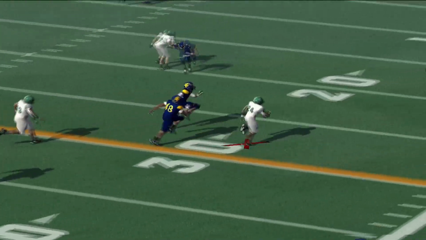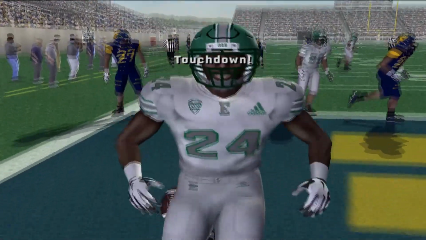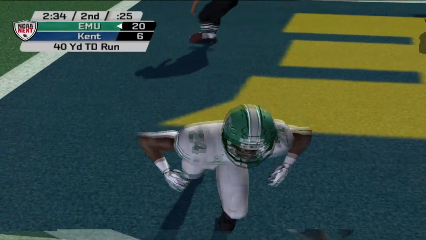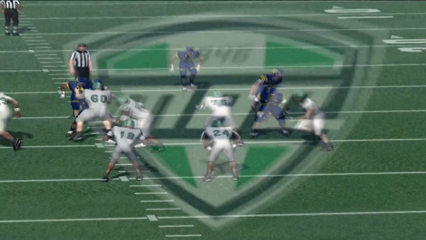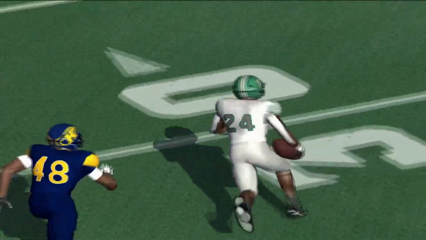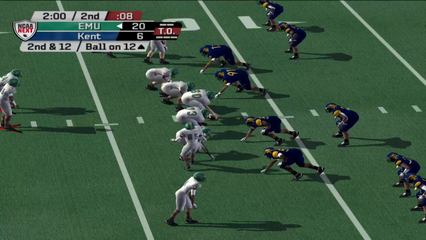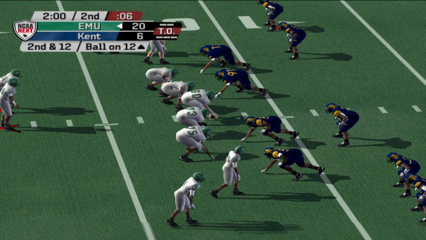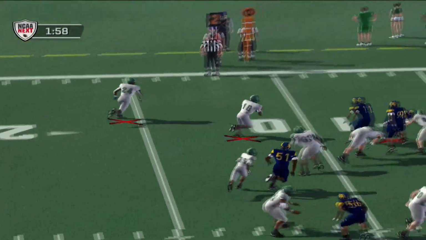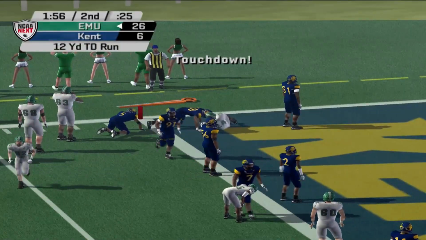We see this tailback take it out on the perimeter. He's got some space to work with, and that is going to be yet another touchdown for Eastern Michigan. Make that 20-6, as that does end up being yet another missed extra point. I don't know what it is about this side of the field. Kickers are really struggling on this side of the field in particular,